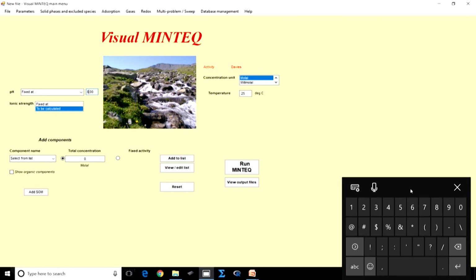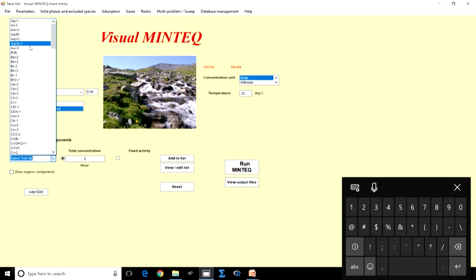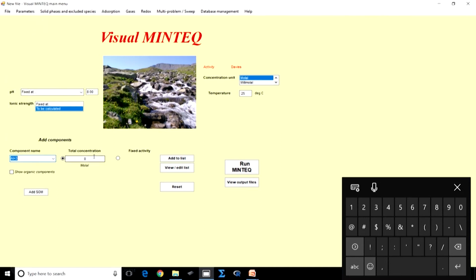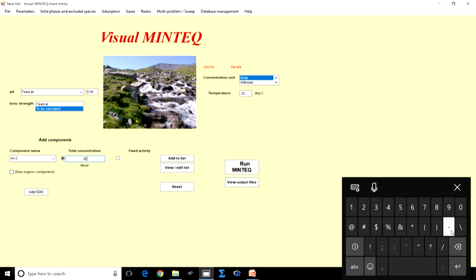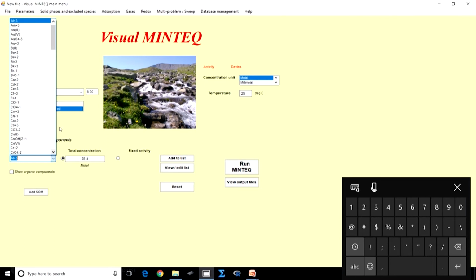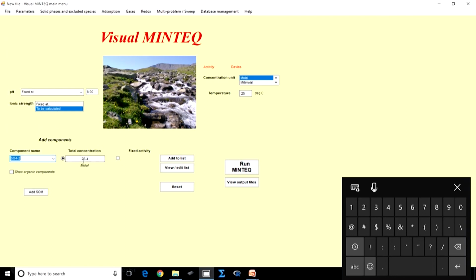Okay, and what next? I need to add Al3+ at 2 into 10 power minus 4, right? Add to the list. And what else, please? And I think SO4 2-. I believe it was 3 into 10 power minus 4, and that is something I am going to add